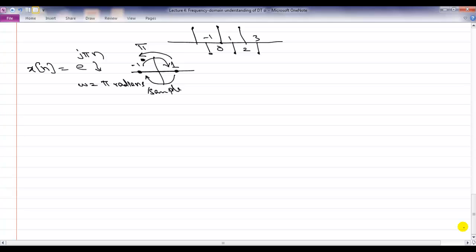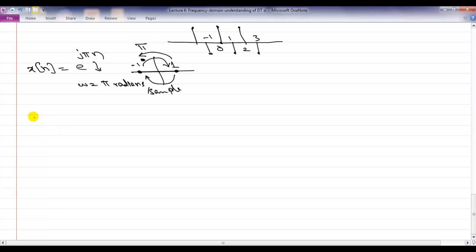It was important for us to understand the concept of discrete frequencies, because what we want to do is the same as we did in the continuous world, which is we argued that every signal in the continuous world can be thought of as made up of a large number of frequencies. Okay? Even if the signal is not periodic, we said it can be done. We want to do the same in the discrete world.